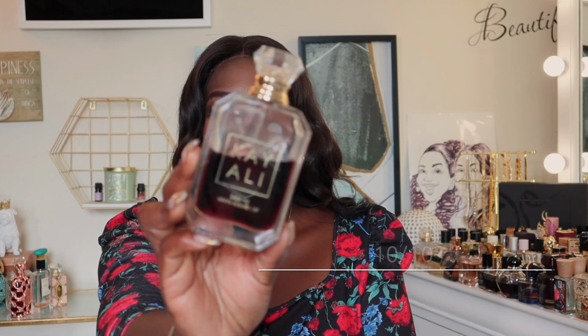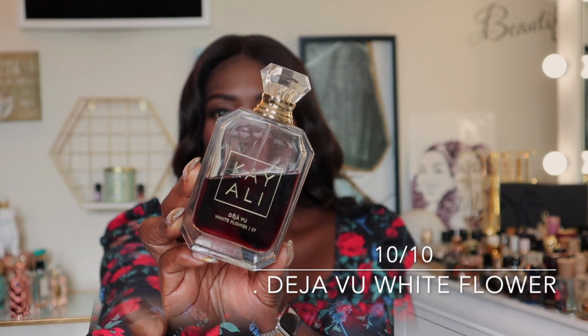So the very next one that I got from KAYALI is Deja Vu White Flower. This is gorgeous. This is a sparkling, sweet, white floral. It's such a gorgeous feminine fragrance. And I say feminine because yes, this leans very feminine. I know anybody can wear any type of fragrance that they want, but in my head, this just gives me that regal,